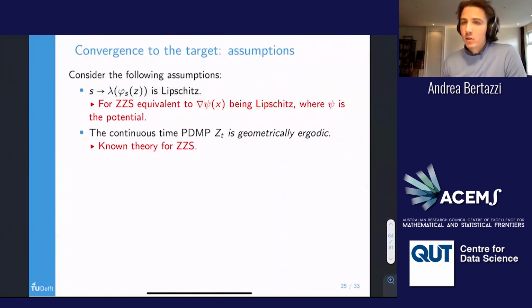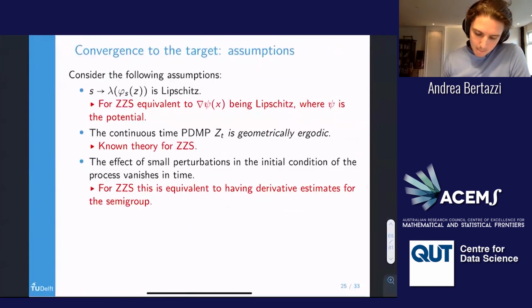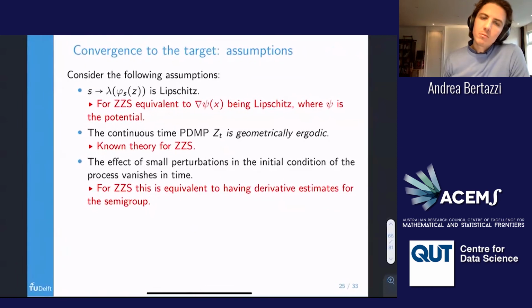Then we need geometric ergodicity. Polynomial ergodicity still works. What this means is that we have a geometric, so exponential, convergence to the target measure. And this is a known theory for zigzag. We know under which conditions we have geometric ergodicity. Okay, finally, we need